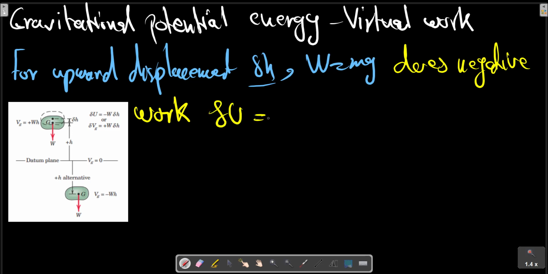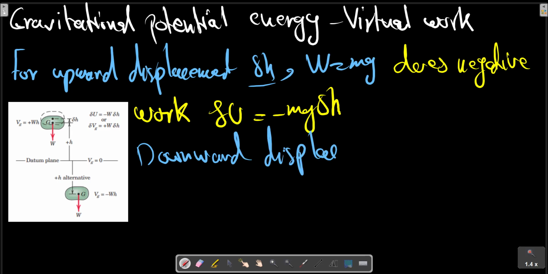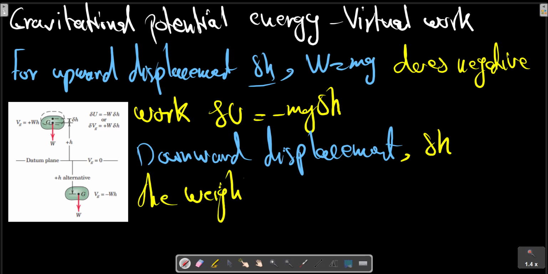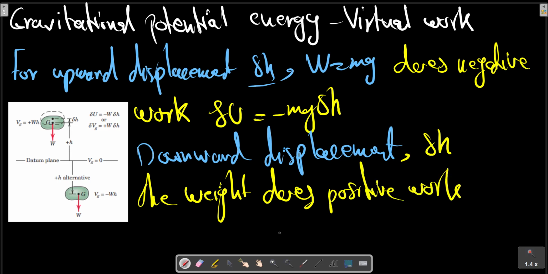delta U equals mg delta H. If, on the other hand, the body has a downward displacement delta H, with H measured positive downward, the weight does positive work and is